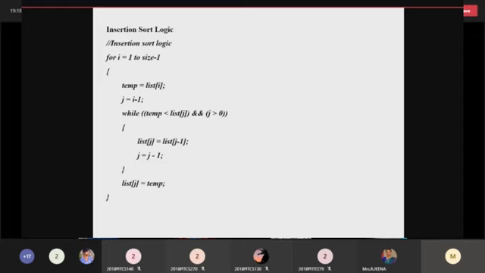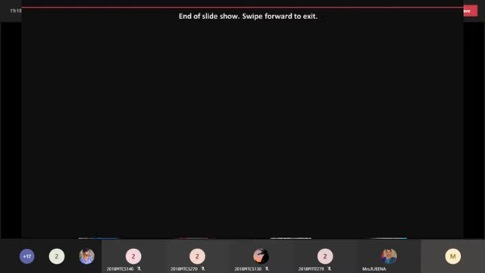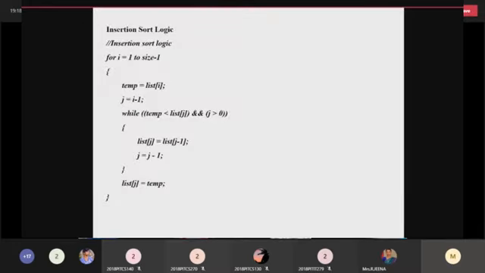If i equals 1, the list of first index will be compared with the list of zeroth index. Every time you have to compare with the previous elements. For example, if you take the fourth element, you compare 4 to 3, then 3 to 2, then 2 to 1. You compare with all the previous elements, and whichever is lesser, you swap it at that time. That is the concept of insertion sort.